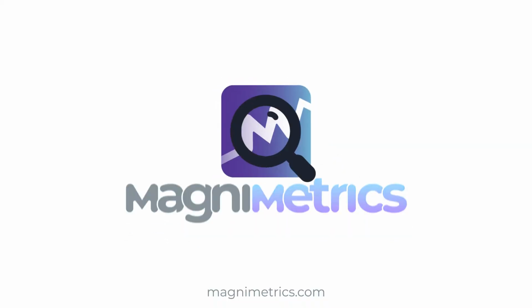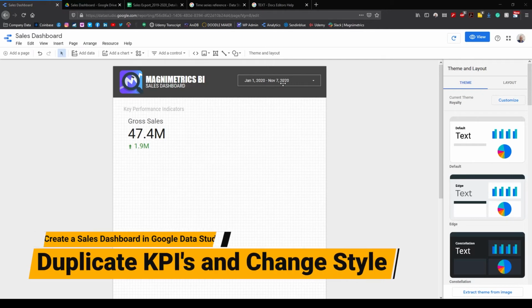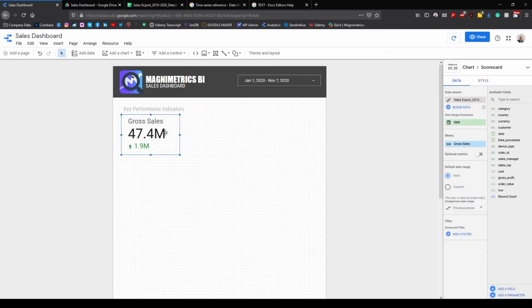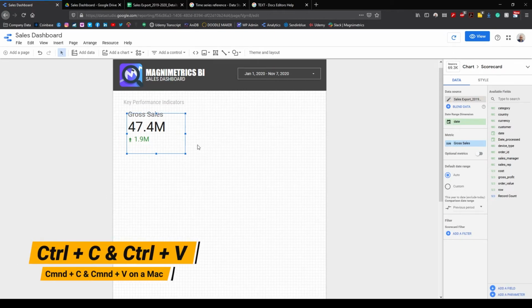We created a date range picker to give the opportunity to the users to select the date ranges that they want to look at the data for. And we also went ahead and styled our KPI here, our scorecard, so that it would be more visible on a mobile device screen. I want to show a few more KPIs, so I'm just gonna use Ctrl+C and Ctrl+V